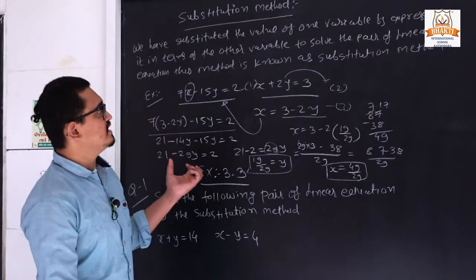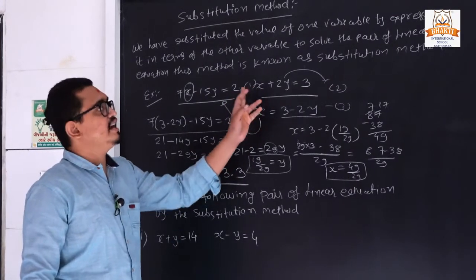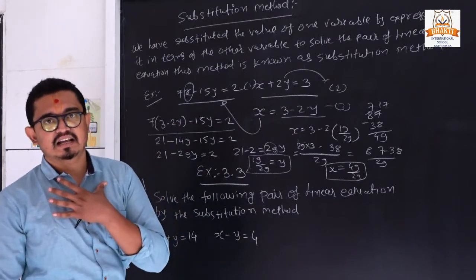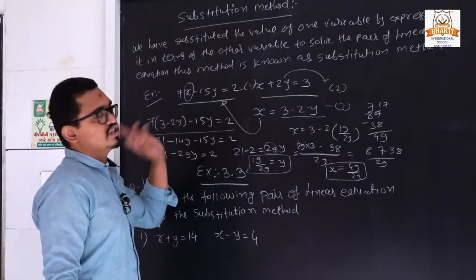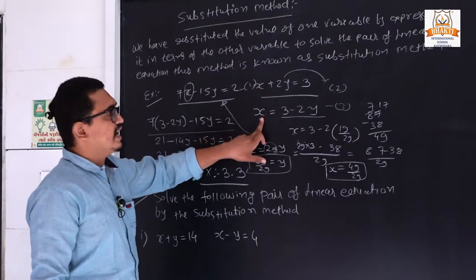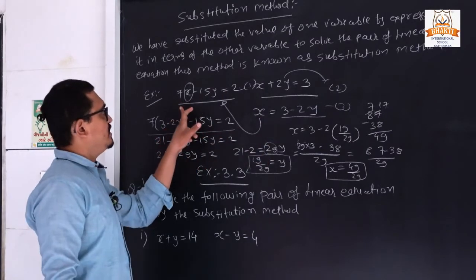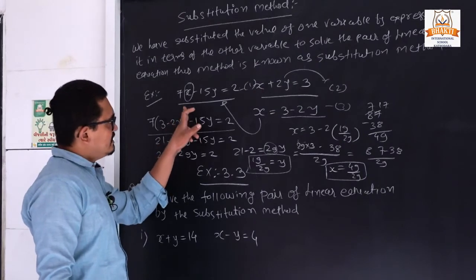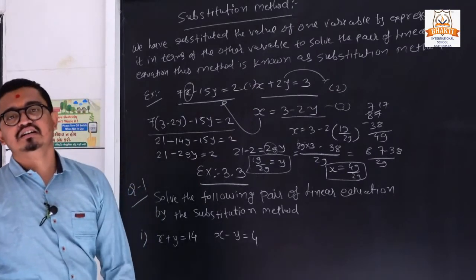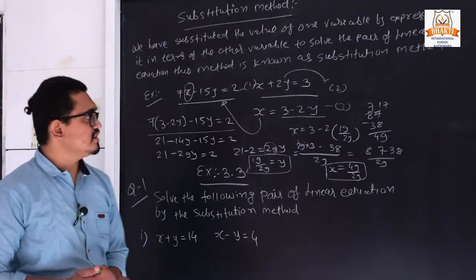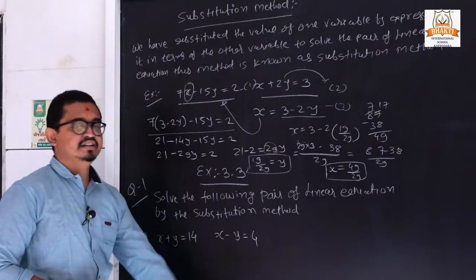So this is the method for substitution. From either one of the equations we can take the value of x or y. It depends on us. Clear? We can take any of x or y and put that value in equation number 1. If we take it from the second, we put this value in equation 1. Sometimes we can also take it from the first equation and then replace this variable into the second equation. So it is called the substitution method. Now we are going to start our exercise number 3.3.